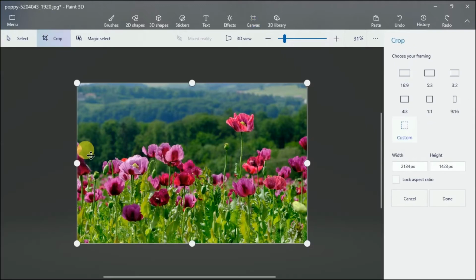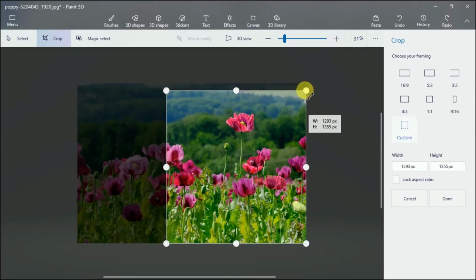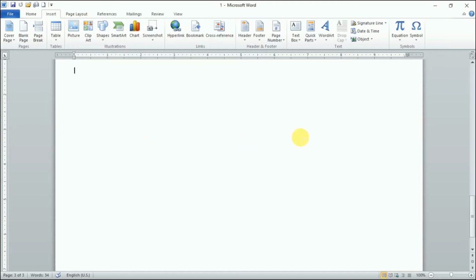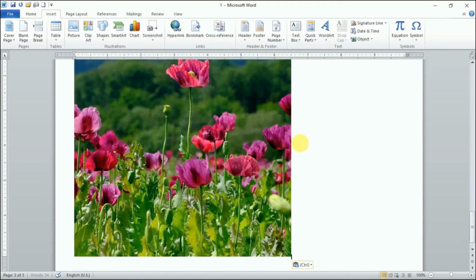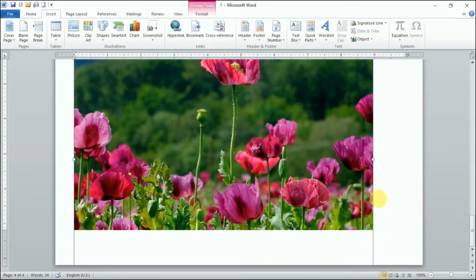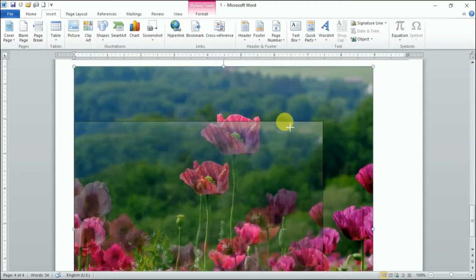Let's say I crop this image, right? I crop this image and I select it and press Ctrl+C for copy. Now I come back to MS Word and I press Ctrl+V. So my image has come from the graphic source. We have got these points here and I can increase the size or decrease the size of the image like this, right?